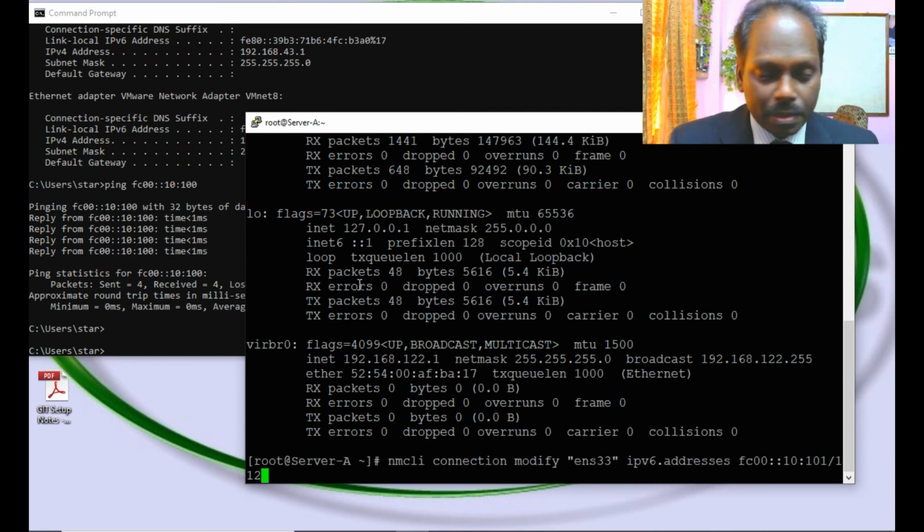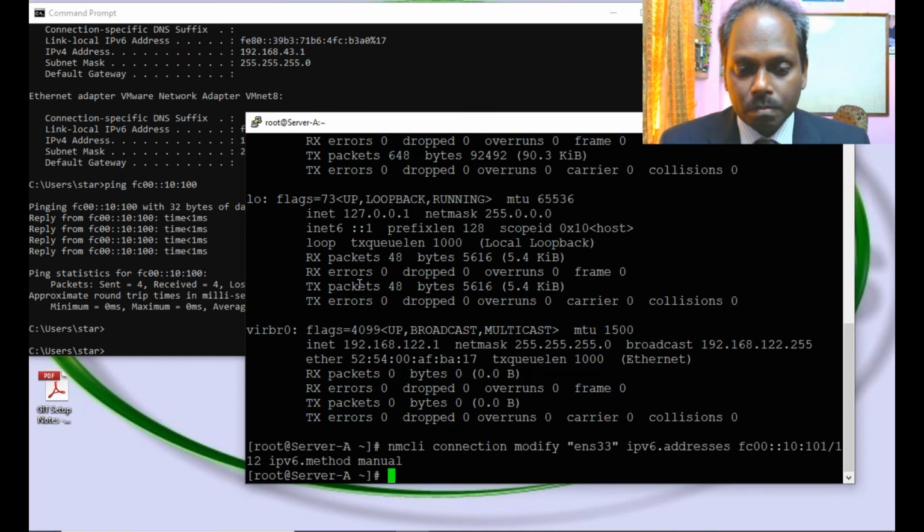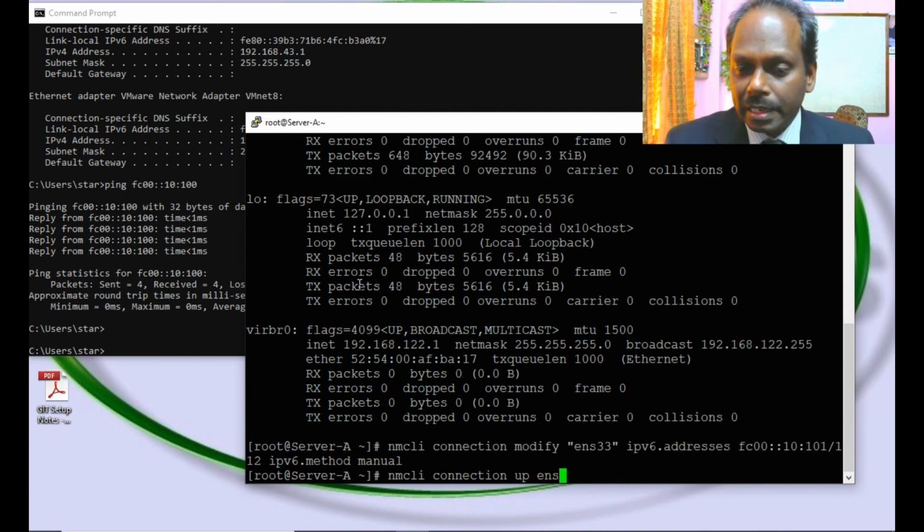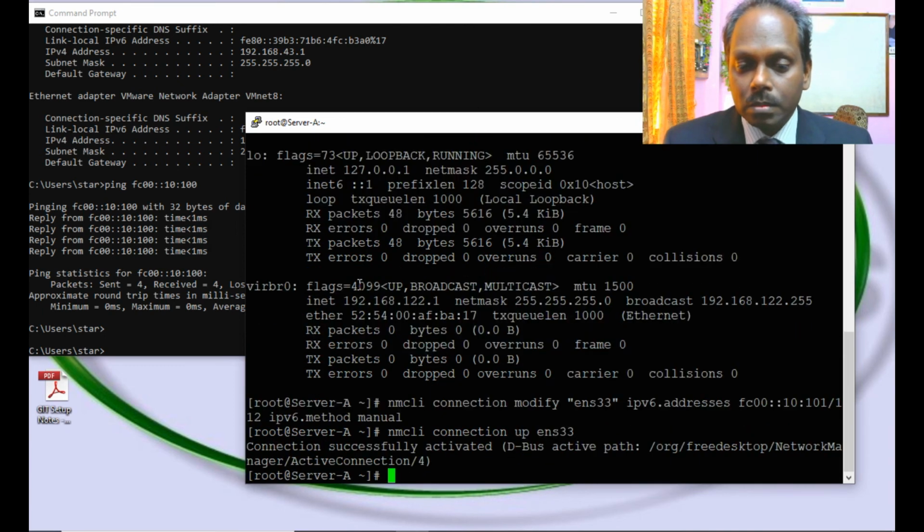I think I need to keep it in quotes. ipv6.method manual. Now you can run nmcli connection up ens33. Now the connection is successfully activated.